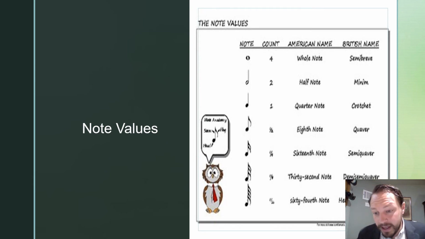Now, let's say we wanted to have a whole measure of just 16th notes. Well, how many 16th notes could we fit in one measure of 4/4 time? Well, the answer is 16, right? Because 4 times 4 is 16. Folks,